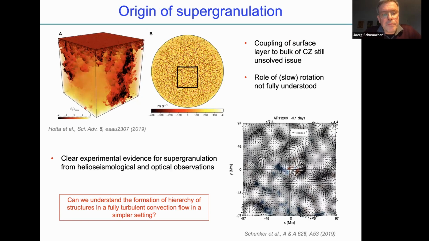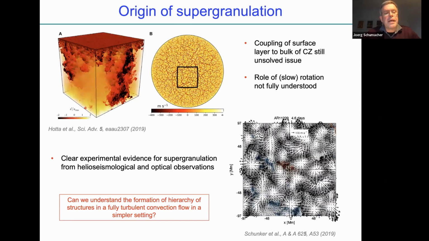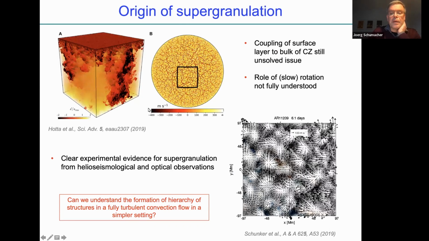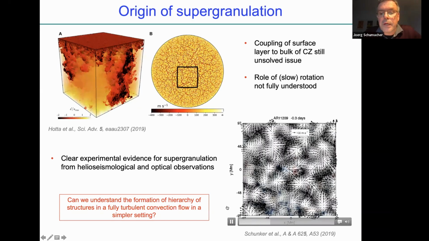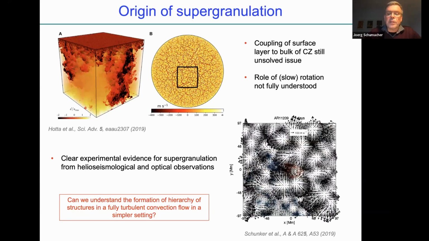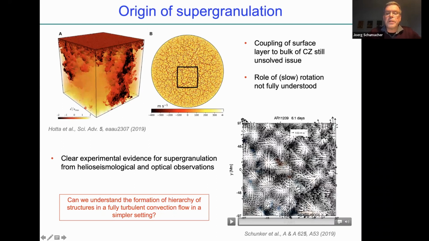So even though these granules and supergranules are observed in many experiments, so there is enough clear experimental evidence for them, as you can see, for instance, in this bottom movie, where exactly such supergranules are rebuilt. And you see in the figure also these active magnetic regions which appear here. There is still a problem in the numerical models,